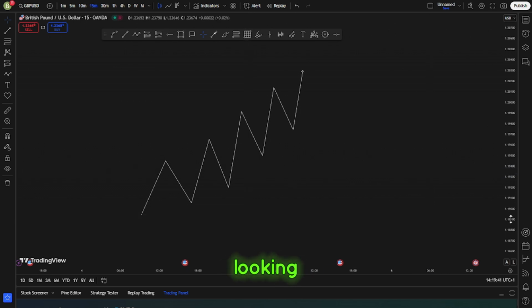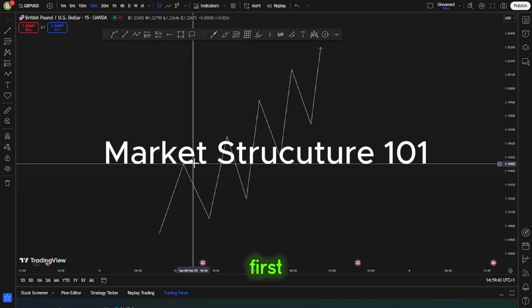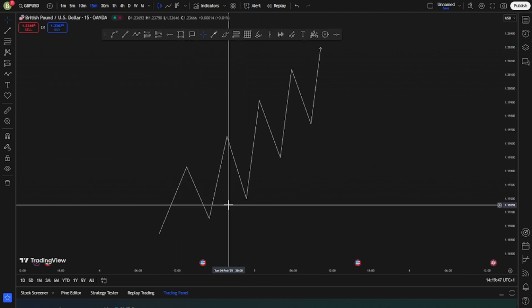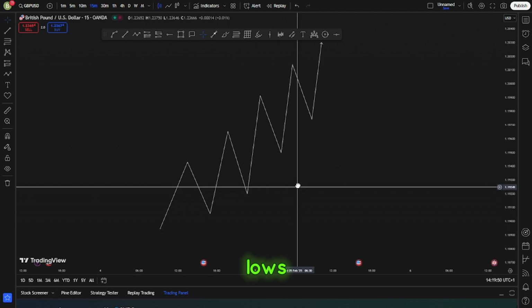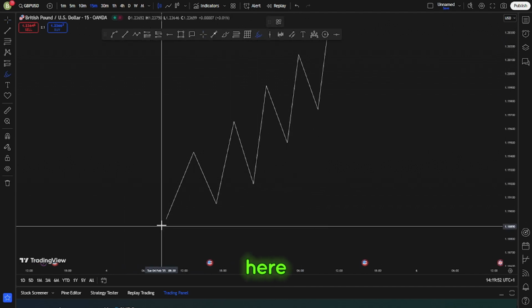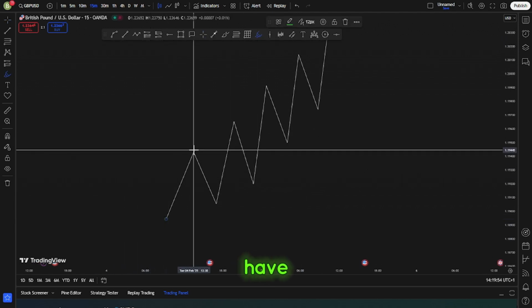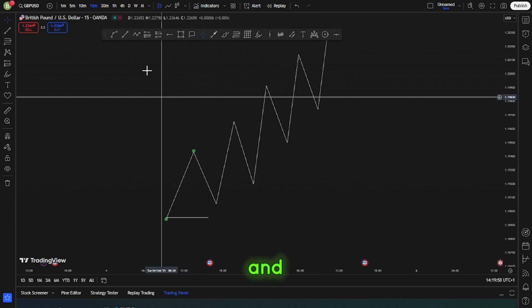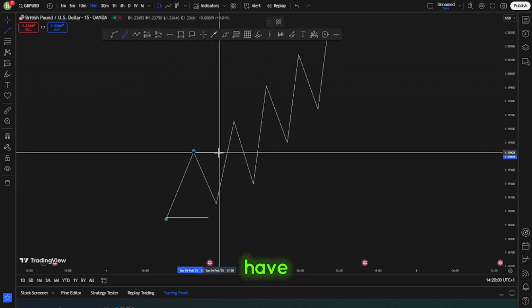So in today's video we're looking at market structure, and the first example that we have is an uptrend, and you can obviously see an uptrend with multiple higher highs and higher lows. So we're gonna start from this low here. We have this low here, then we have this high here. So whenever you have this low and this high here, it means that you have a trading range,